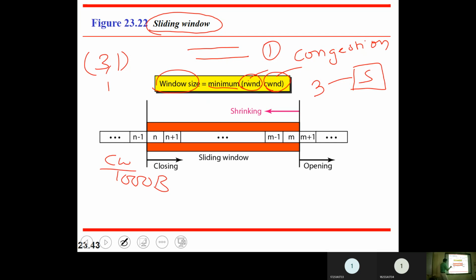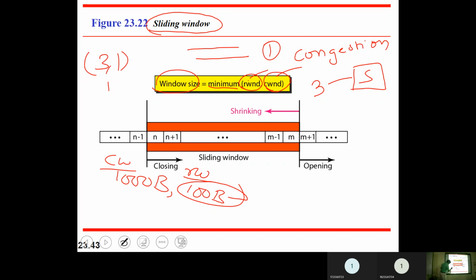Similarly, for example, I have network capacity of 1000 bytes. Congestion window size I have is 1000 bytes. That means 1000 bytes at a time I can send. But the receiver window has just 100 bytes. If you send 1000 bytes, what does it have to do with the 900 bytes? It won't be able to capture those. So overflow will happen. So I need to select the minimum of these two things. So I will be sending only 100 bytes. That is the maximum. I am not saying that every time you keep sending 100 bytes, but that is the maximum which I can send.